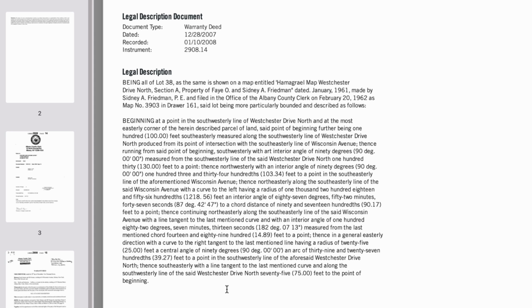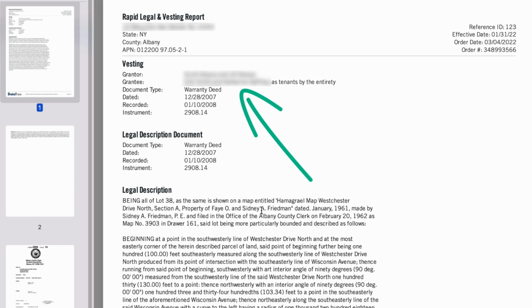Whereas when we look at this, this gives us a whole lot of information about what a surveyor would need to follow in order to perform a survey on this. You could just copy and paste this right into your deed. And it also shows us the name of the most recent grantee that would need to go on any future deeds getting transferred to anybody else. And it also shows us how they were holding title together. This is another very important thing that might not be evident without doing an actual title search to see how it was written on the most recent deed.